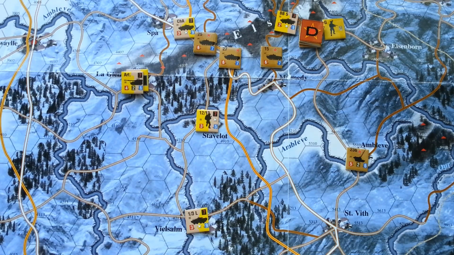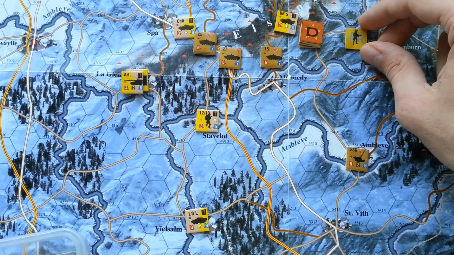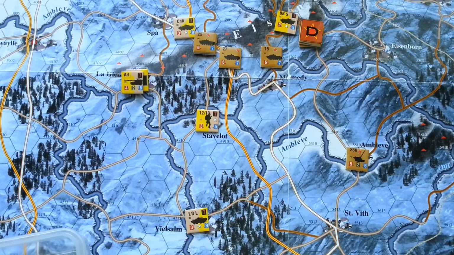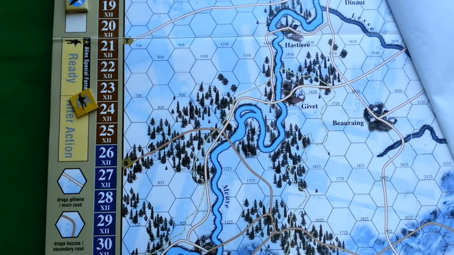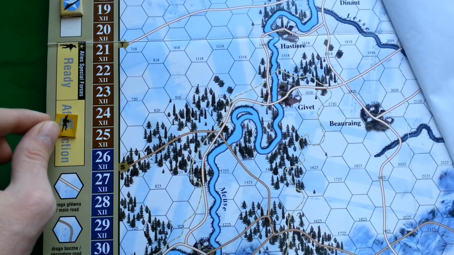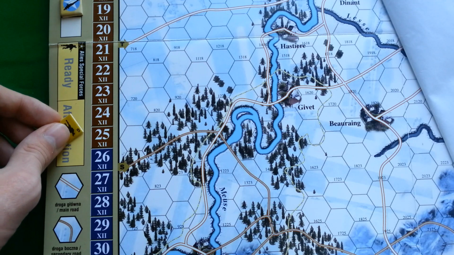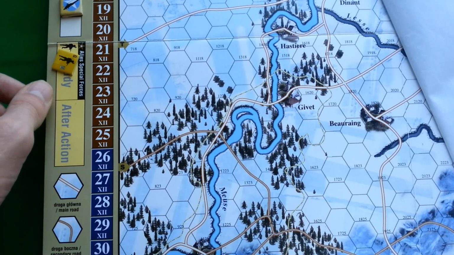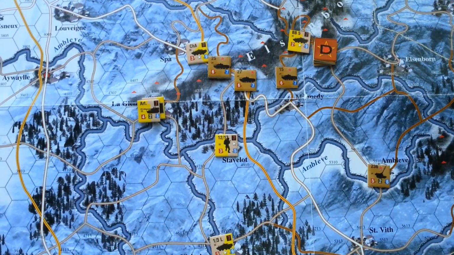And next I have to make a check for my Special Forces counter. I rolled 4, so it survived. It is flipped on the after action side, and it is placed in the after action box on the board for the Allied forces. So in the next phase it will be flipped, and in the next turn it will be flipped, and in the next turn it will return to the Special Forces ready area, so it will be able to be used again. So that's all when it comes to the artillery fire phase, and next we are going to